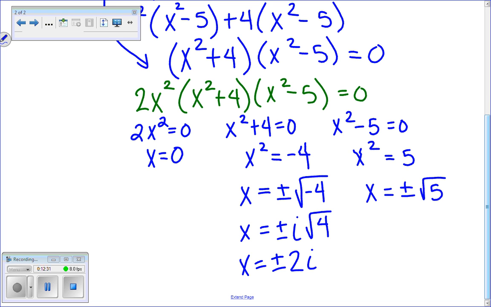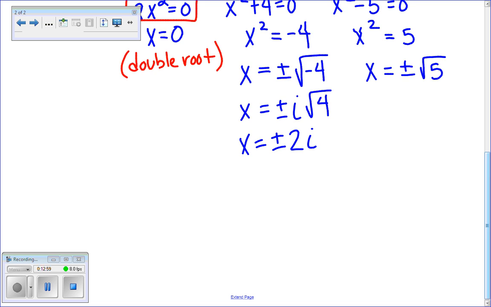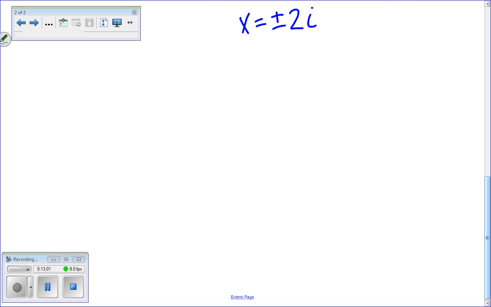Now if you notice, we actually only have 5 of those solutions written down, not all 6. So we need to go back and look at this. The 2x squared means that the x equals 0 is a double root. Okay, now graphically that means that the solution x equals 0 bounces. So if I were just to draw a quick sketch of this graph,